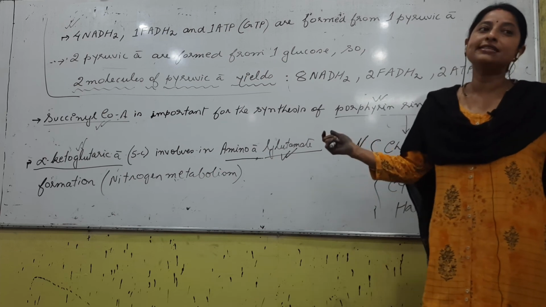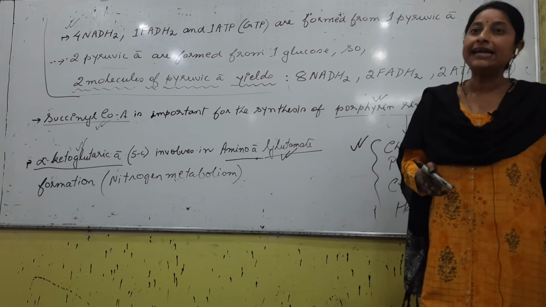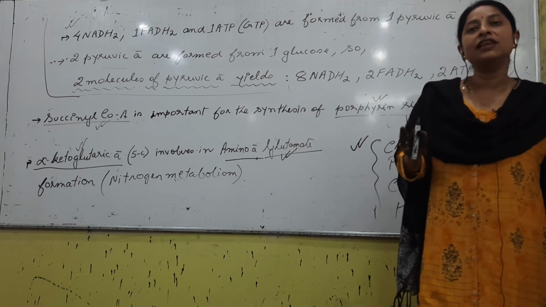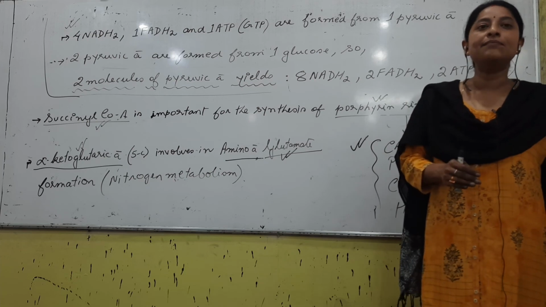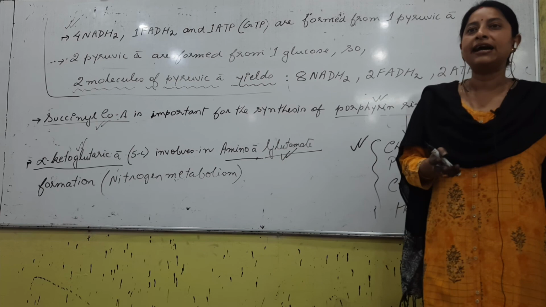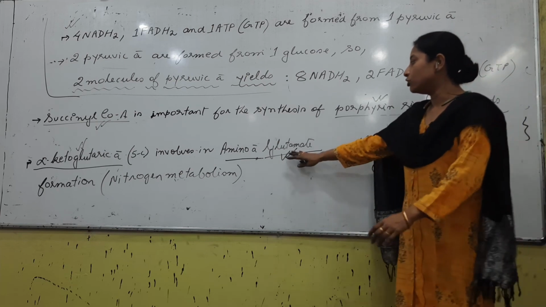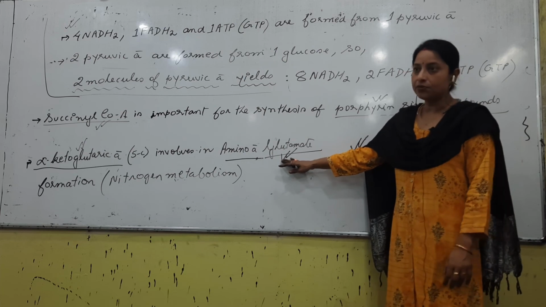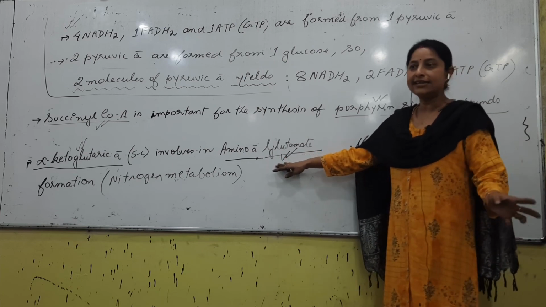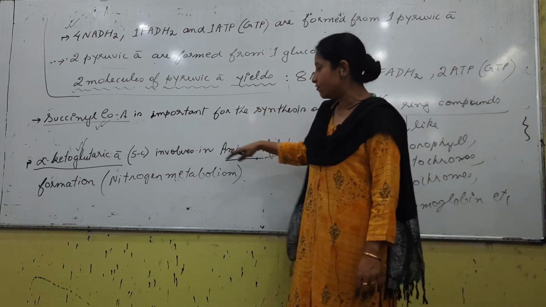Amides form glutamine. What is the name of the amino acid? Glutamic acid. The stable form is an amide, whose name is glutamine. So ultimately, atmospheric nitrogen is present inside the plant body in the form of amides. What is the first amide? Glutamine. So first we form glutamic acid, then the amide is formed. How is glutamic acid formed? Nitrate becomes ammonia, ammonia combines with alpha keto acid, forming